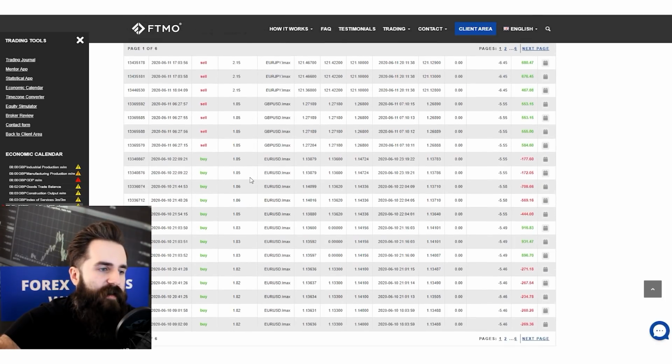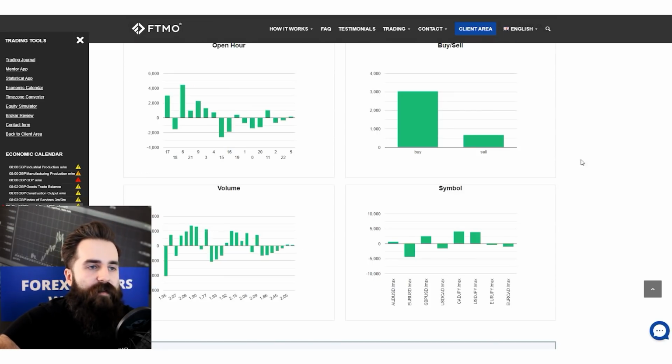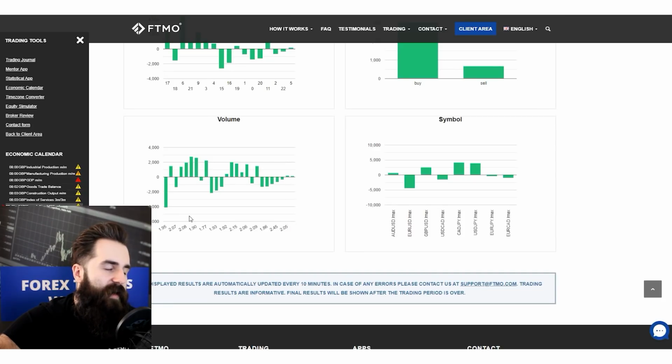And other than that, you can see that he is using basically the same lot size for every position right here. Here it's a little bit higher, but really not that different. And finally, down here you can see that he is making profits mostly on buying, a little bit on selling, and right here I cannot really estimate which was his most profitable volume, but certainly he lost most of his money on